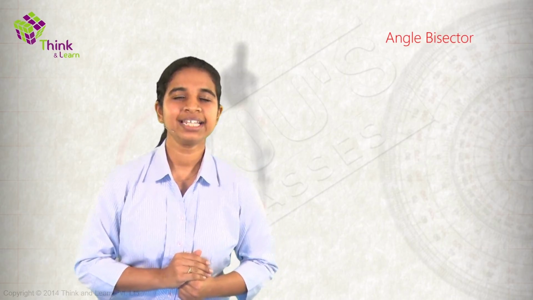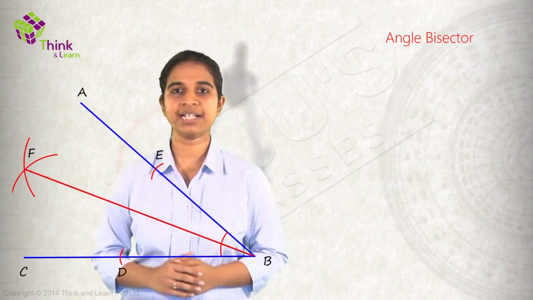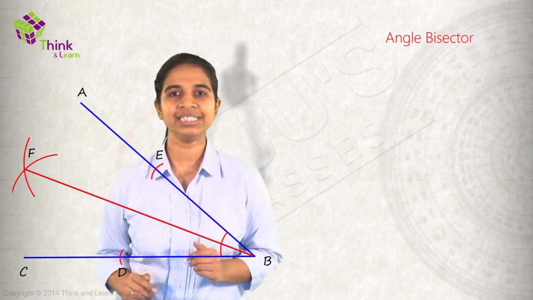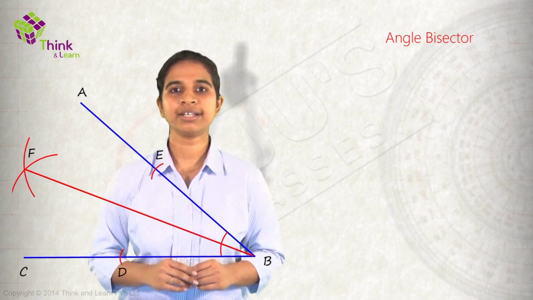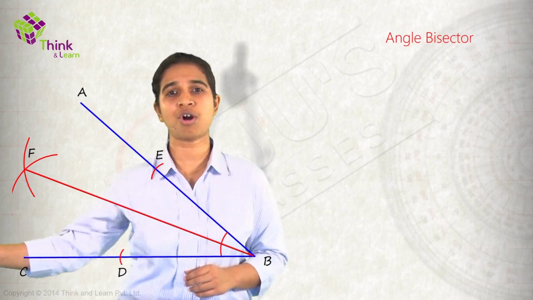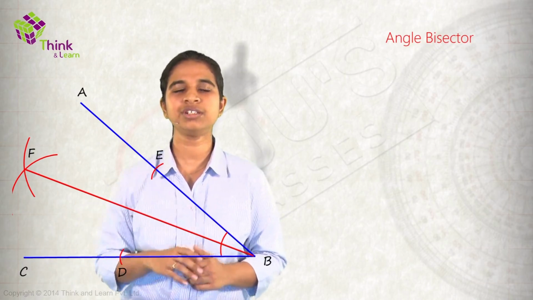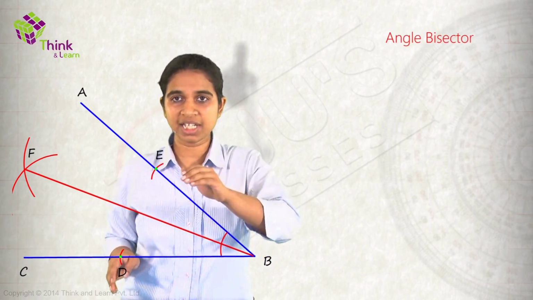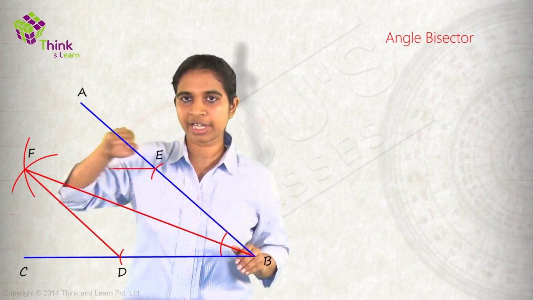We already said that the way we are going to prove all of this is simply by using congruency. So we need triangles. Right now, we just have two angles here, no triangles. Can we get a triangle? The simple way to get triangles is, all the points that you've constructed, just join them. Another shortcut, whatever points you've constructed, this will be true in all the constructions. That's why I'm telling you. All the points that you've constructed, just join them and you'll start getting triangles. So we had this point D here and E here, and then the two intersecting arcs at point F. So join DF and join EF.